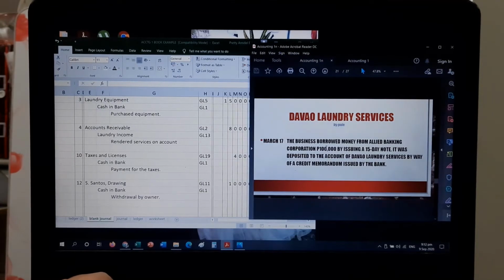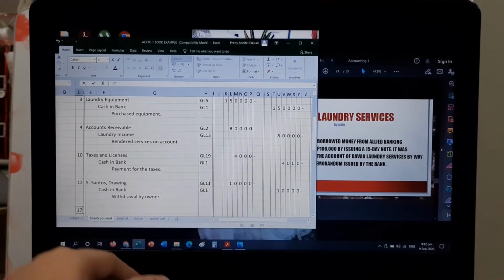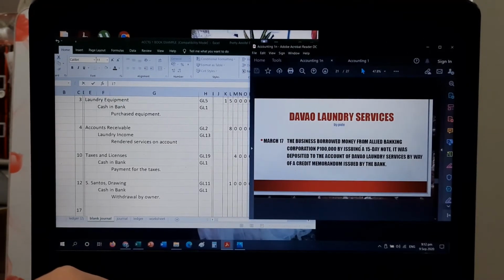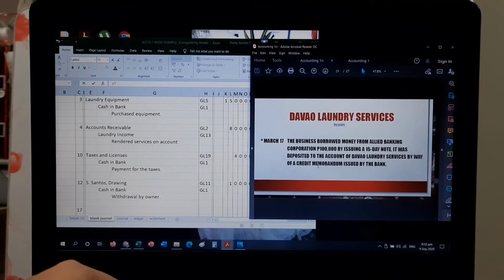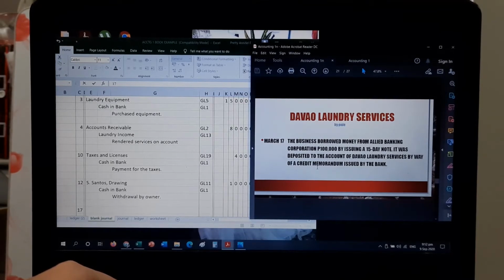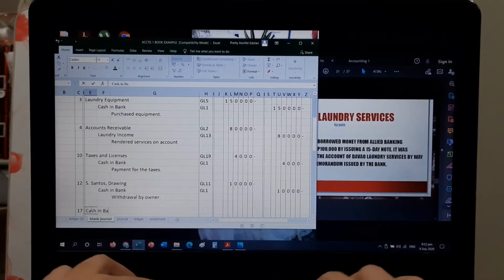Next transaction is March 17. We borrowed money from Allied Banking Corporation, 100,000, by issuing a 15-day note. It was deposited to the account of Davao Laundry Services by way of a credit memorandum issued by the bank. So we borrowed money from the bank. So what did we receive from them? That is cash in bank,